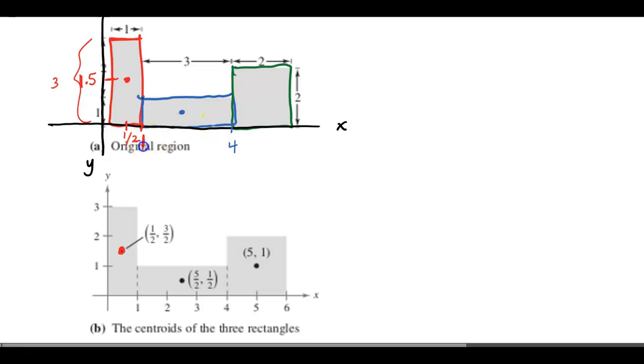The point that's in the middle of the x value of 1. This is the 1 here. 1 and 4. Well, 1 plus 4 is 5, and if we take 5 and divide it by 2, we land at 5/2. I just averaged them to find the middle. Again, I know this height right here only goes up to 1, and so halfway up that would just be 1/2. So we find the centroids of these regions by just finding the midpoint of each subsection that we break